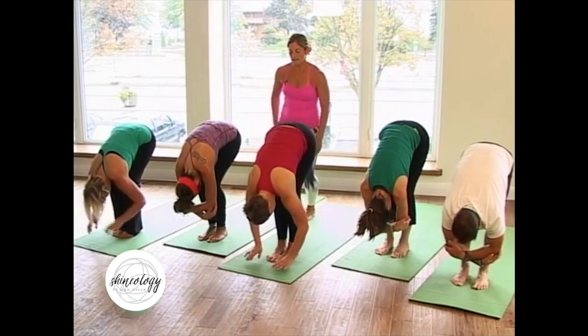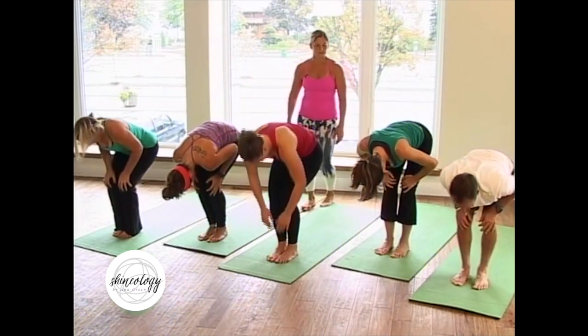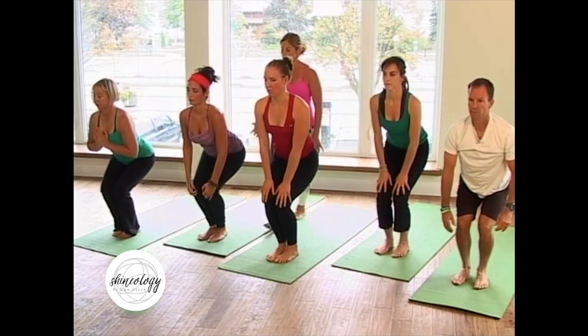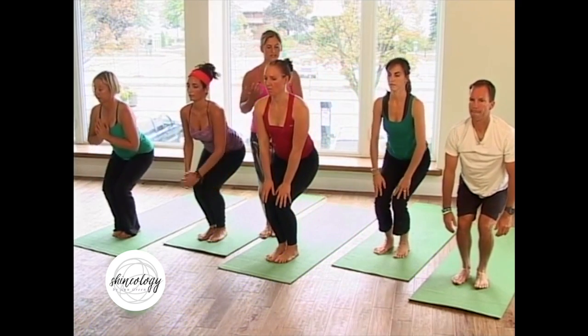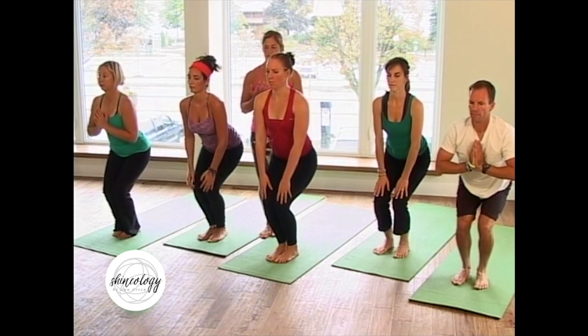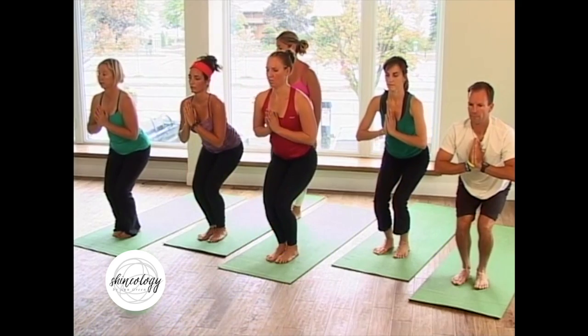Take the hands to the knees. Bring your body into that chair position. Good. Now heavy the tailbone right away. Rise up and ascend your attention through your spine, tall and positive. As the hands stay at your heart center, leave the left leg where it is, step back with the right